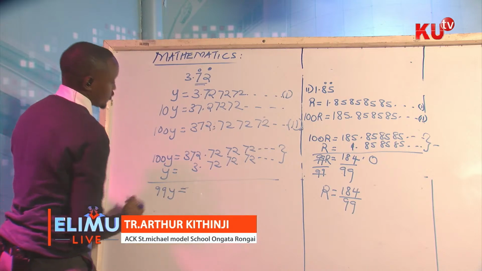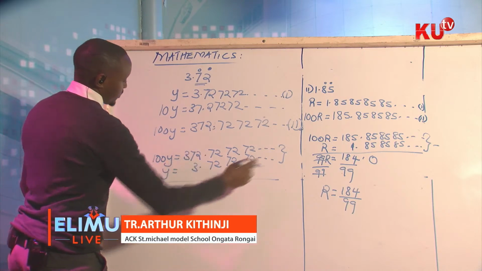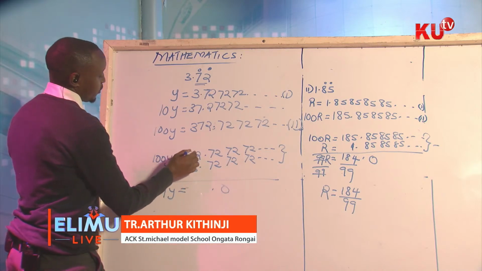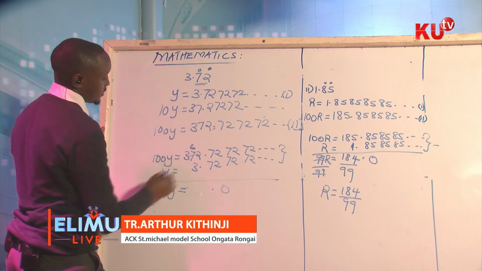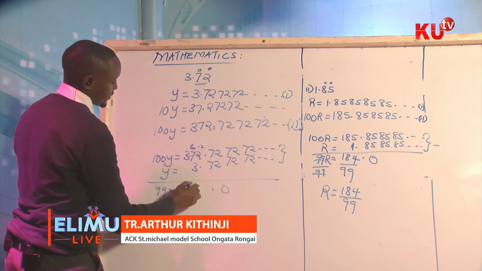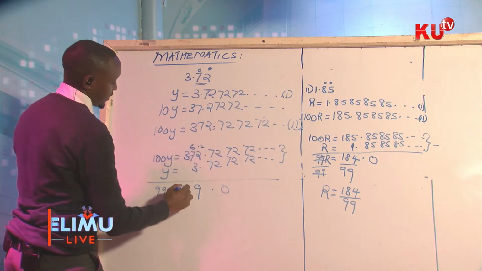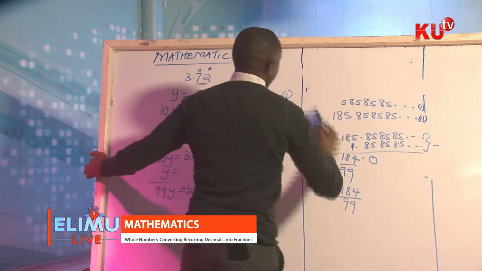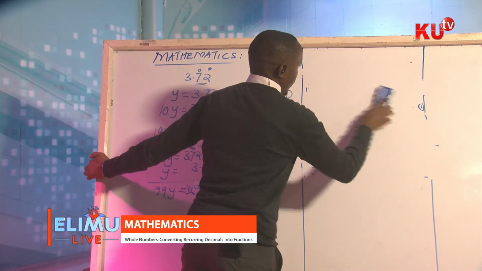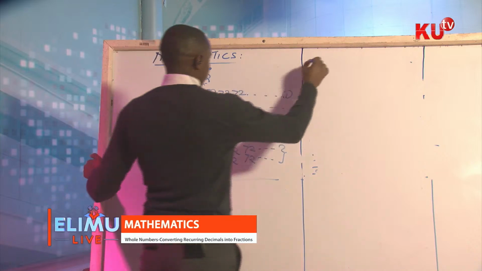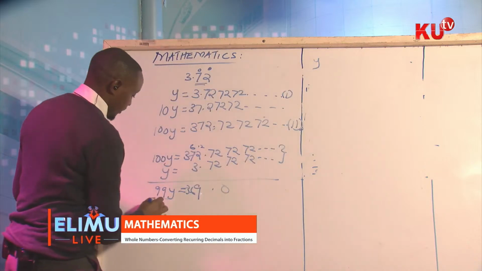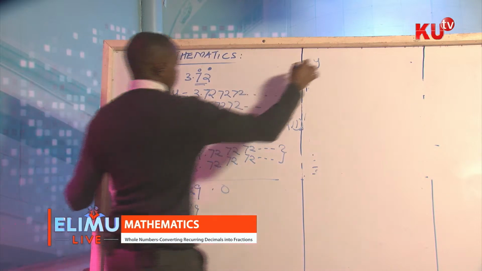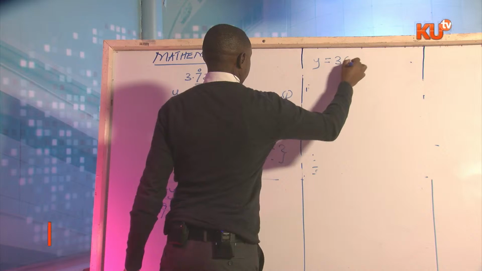99y is equal to, the decimal part will go, we'll be left with 0. We'll borrow 1 from here, so this is 6 and this is 12. 12 minus 3 is 9. 36 is left. So y... divide both sides by 99. So you're left with y is equal to 369